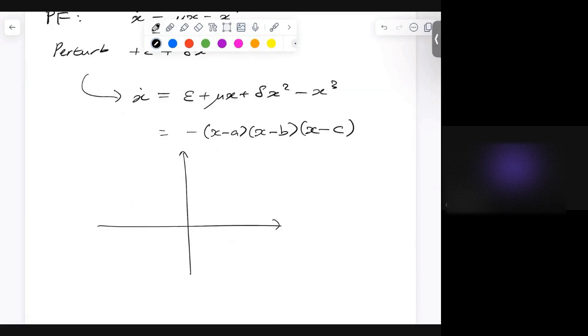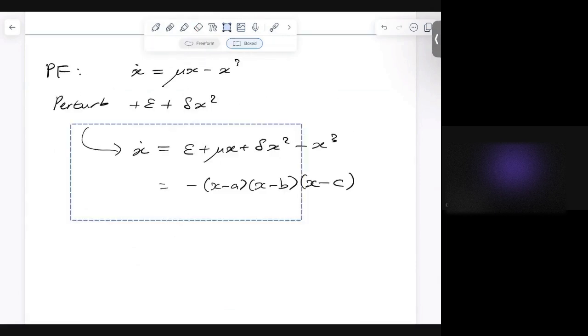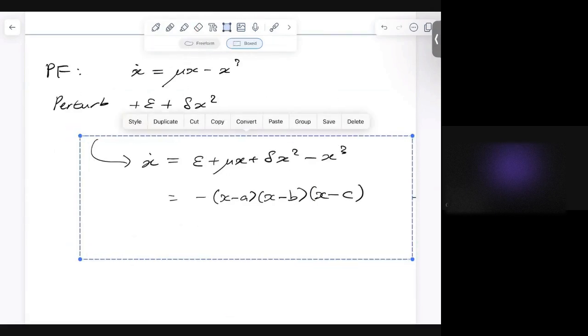Yeah, it's hard to tell because the A, B, and C might be in terms of epsilon and mu. In fact, they would be. Okay. Well, I don't really know what happens. In general, it makes sense that this is going to depend on what ratio the perturbations are in. So I suppose it's unreasonable to hope for a general thing, because if the quadratic perturbation was 10 times the linear one, maybe it's completely different. So okay,